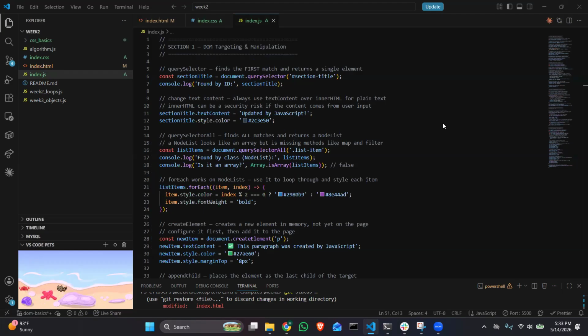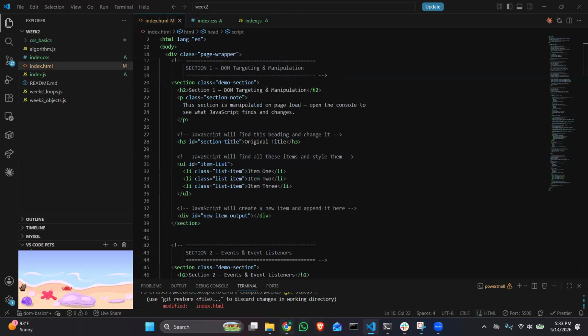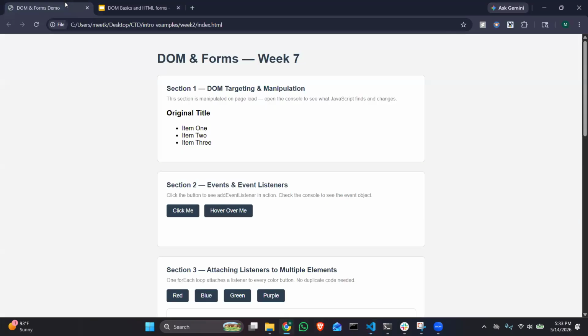Those changes will usually happen on page load. Let me show that first. So this is what the page looks like before the JavaScript, and then